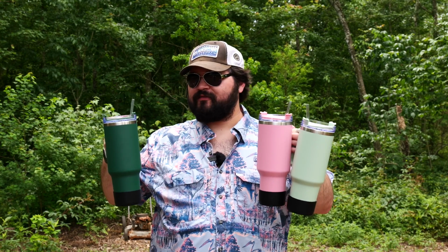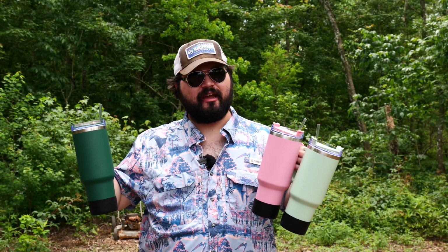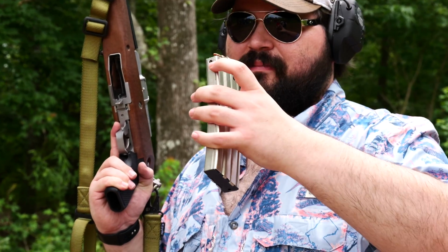And what we're gonna do today is fill them up with water, line them up, and see if 3 Stanley Cups can stop a bullet. So one of the things that I can definitely see why this rifle didn't do so well, particularly with the militaries that tried it out, is the way that you load it is weird. It's like an AK where you have to rock it in, but you have to get this notch right here on a little lip in the mag well,